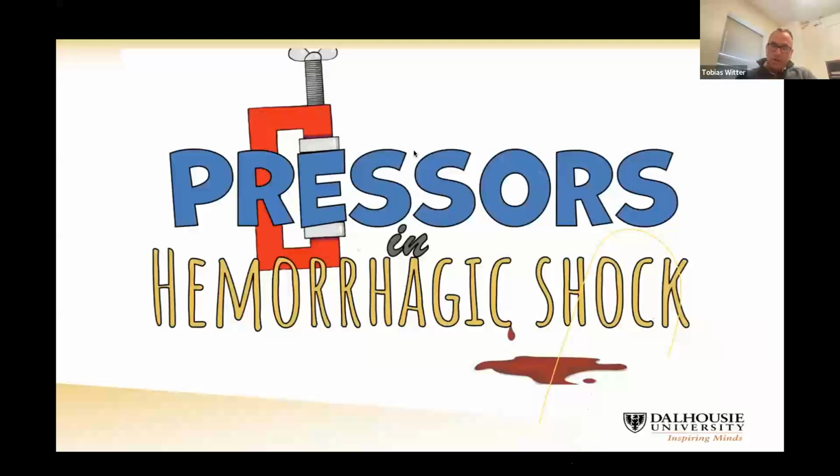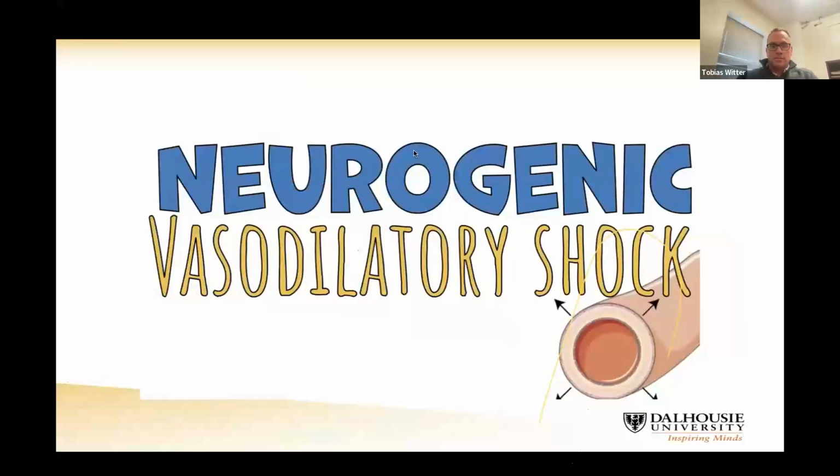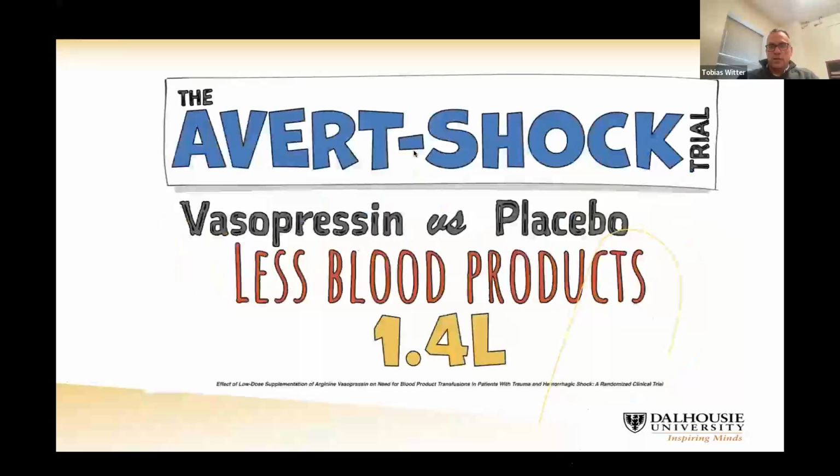Pressors in hemorrhagic shock. Again, remember the beginning of the talk. We talked about this vasodilation, that we shift from the sympathetic excitatory phase, where we have tight vessels, to the inhibitory phase, where we have some vasodilatation that's aggravated by endotheliopathy. Also, there's this thing called neurogenic shock that in itself is a distributive shock form and can cause vasodilation. So if we give